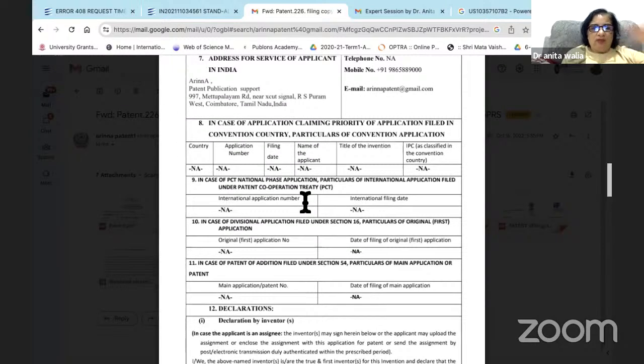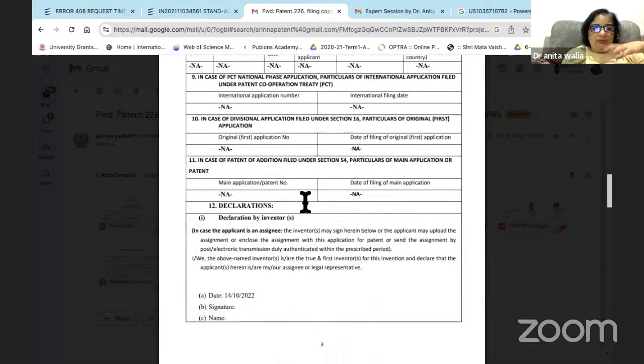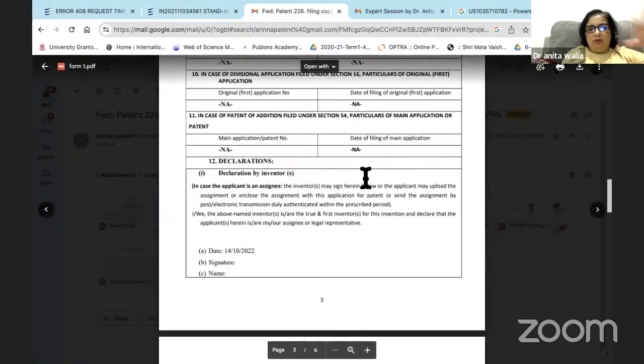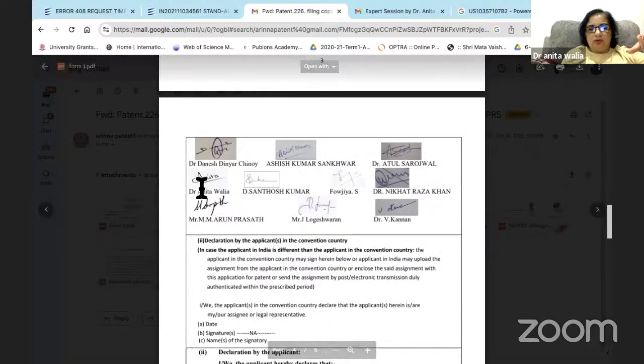Now, I filed through my university. At that time my university didn't have this. There are a lot of academic groups that I am in, and in one of these groups we share our ideas and collaborate, so that we share the fees also. See here, the patent number and all are not applied because it's in a filing case. All signatures are there.